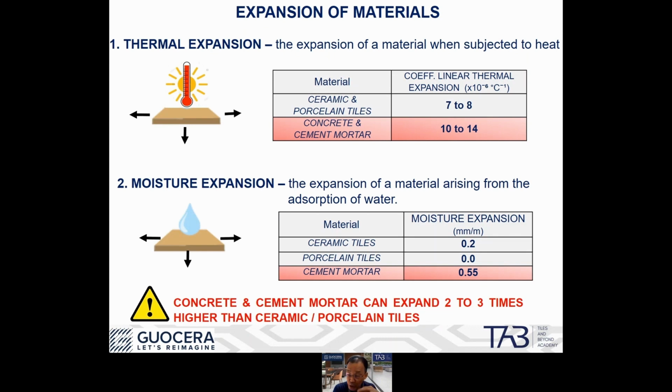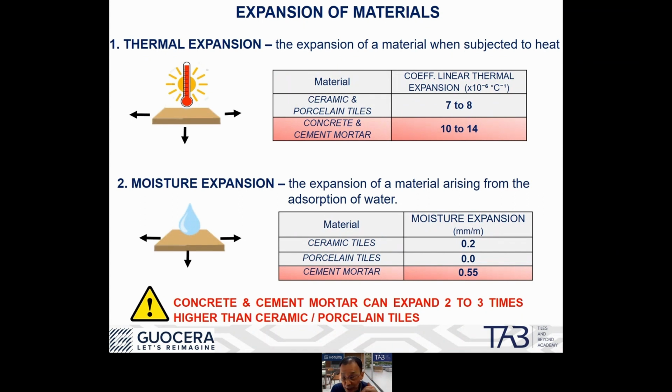This is on the expansion of material. Any material will tend to expand if it's subjected to heat, and this is called thermal expansion. And any material will also tend to expand if it absorbs moisture. Now for thermal expansion, you will notice that between ceramic tiles and porcelain tiles, compared with the concrete and cement mortar, the thermal expansion for the concrete and mortar is almost about double that of the tiles. And for moisture expansion,